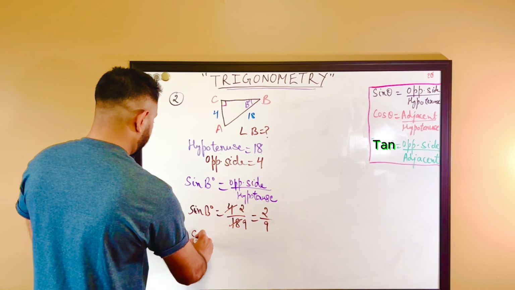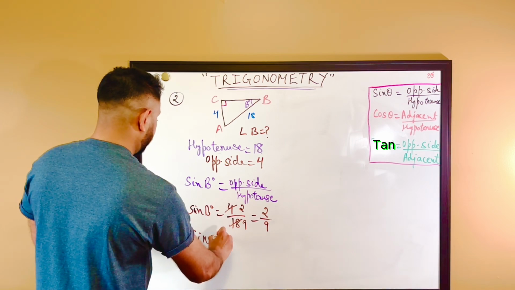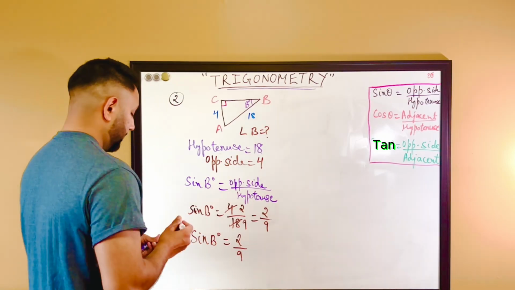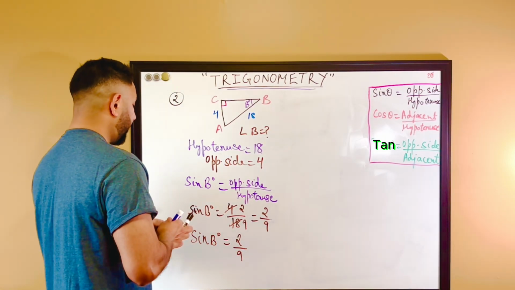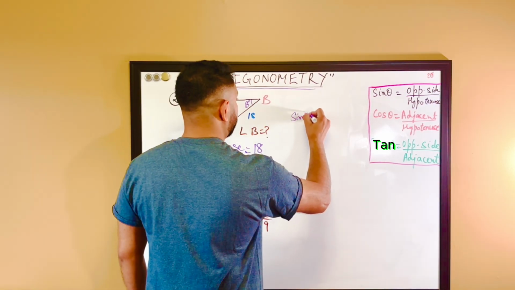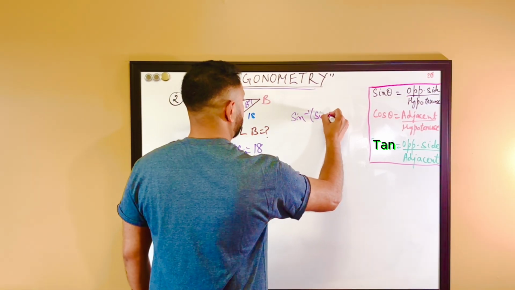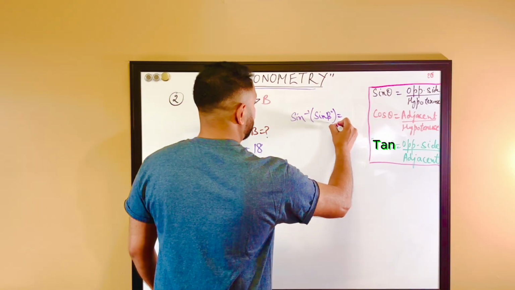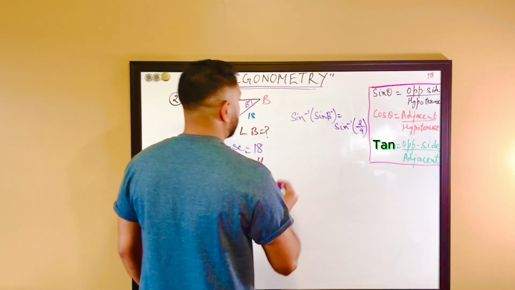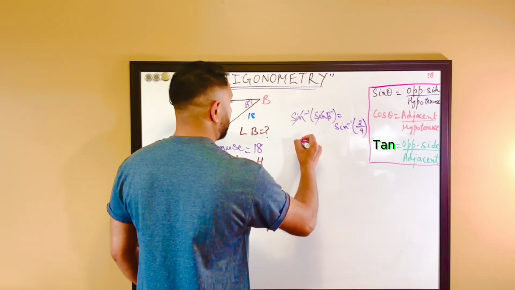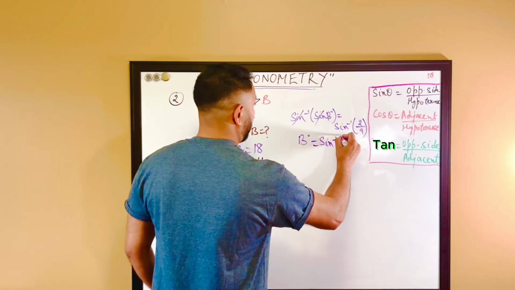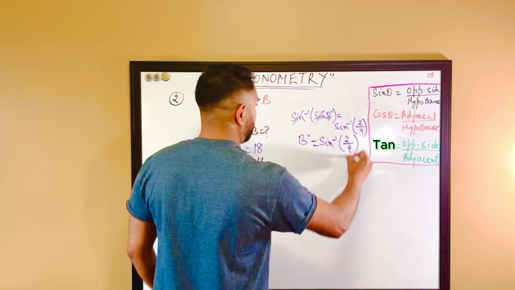So that means sine of B degree is 2 by 9. Now we're going to apply sine inverse on both sides. So B degree is sine inverse of 2 by 9,